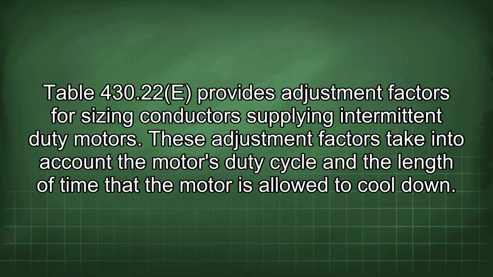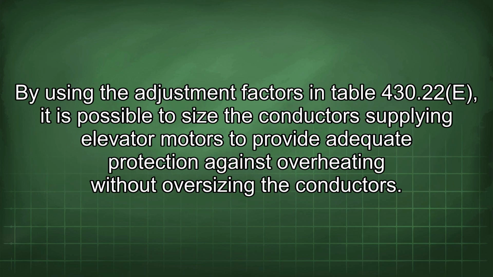Table 430.22(E) provides adjustment factors for sizing conductors supplying intermittent duty motors. These adjustment factors take into account the motor's duty cycle and the length of time that the motor is allowed to cool down. By using the adjustment factors in Table 430.22(E), it is possible to size the conductors supplying elevator motors to provide adequate protection against overheating without oversizing the